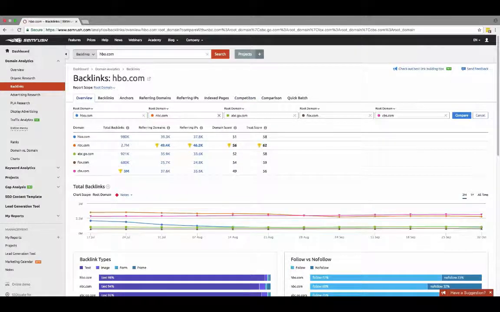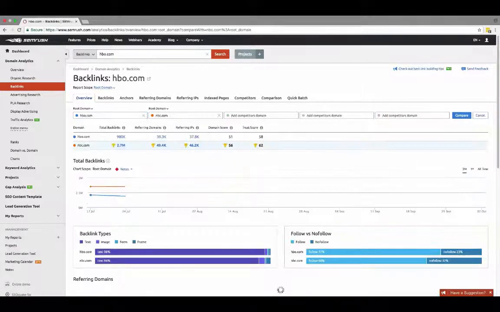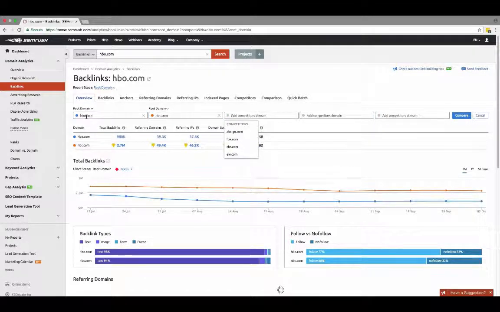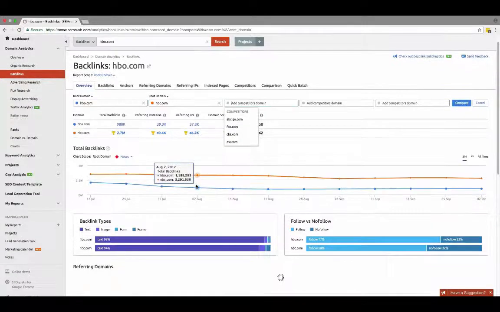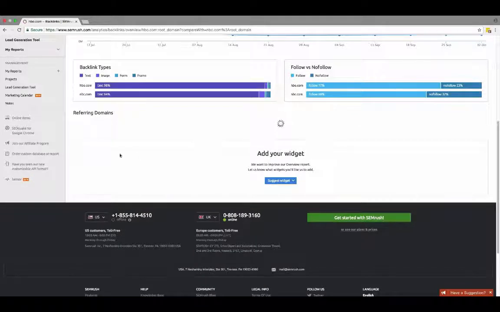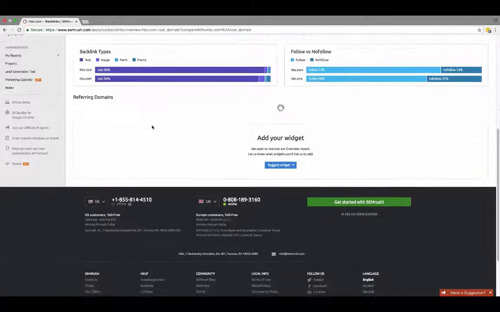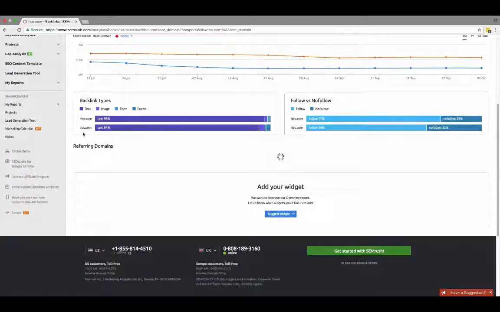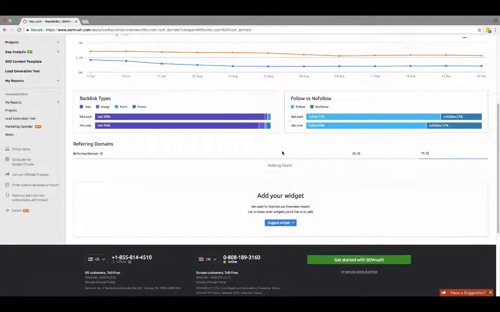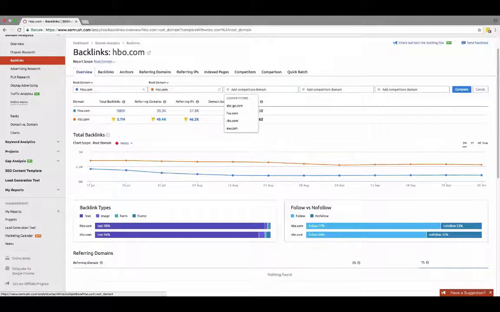And I want to also show you some other opportunity that we have here, because let's compare, for example, two domains, hbo.com and nbc.com. In addition to this overview comparison, we have this table that is loading right now. It's called referring domains, where we can see which exactly domains are referring to your domain and to the competitor. Of course it needs to take some time, because we are analyzing a lot. Oh, something happened, nothing found. Okay, anyway,